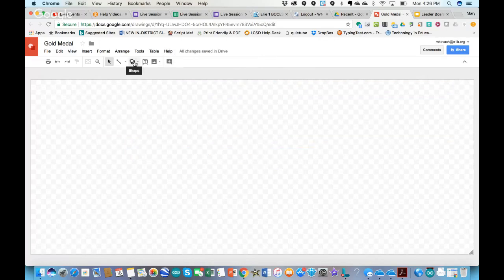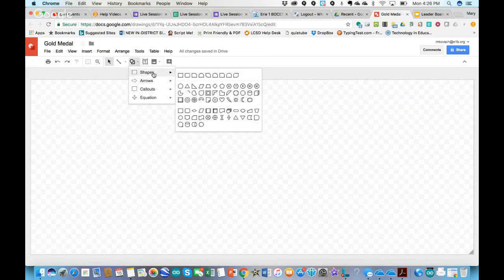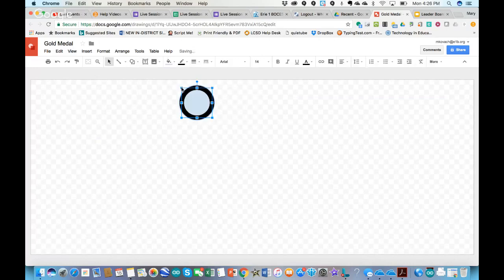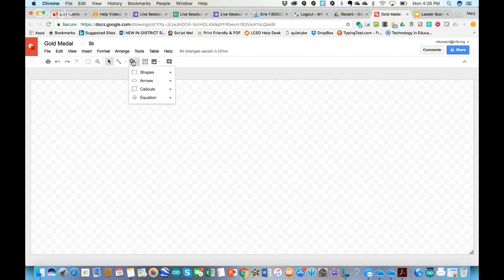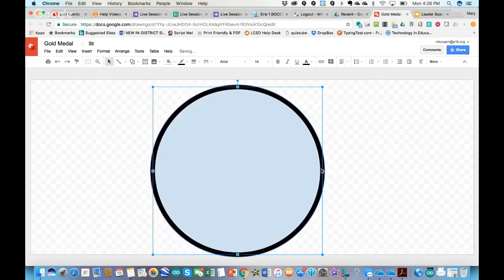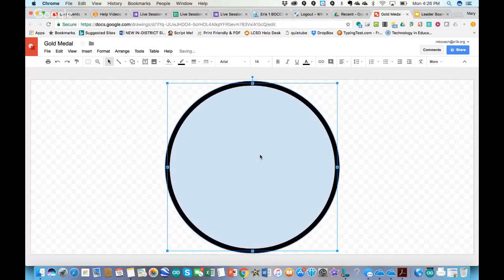The first thing I'll do to create my medal is go up to my Shape tool, choose Shapes, and choose the oval. If I want the oval to be a perfect circle, I'm going to hold down my Shift key and then click and drag on the screen. Now I can move it if I want to. As I'm clicking and dragging to move it,